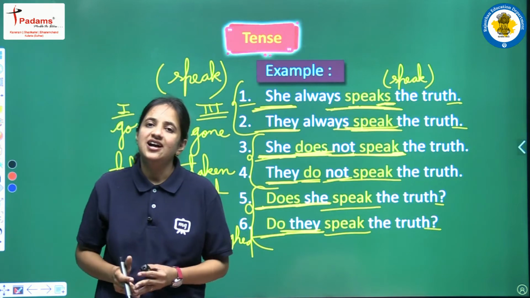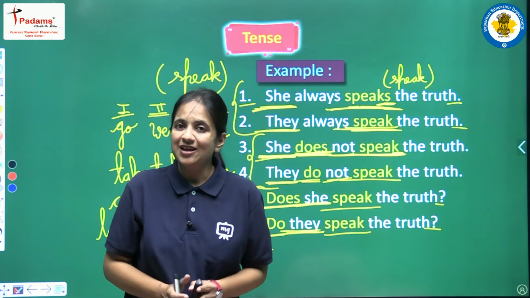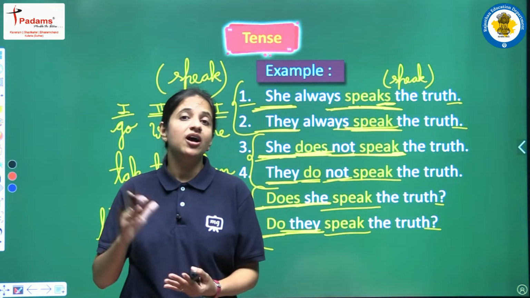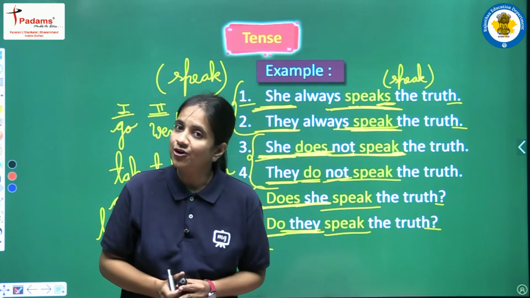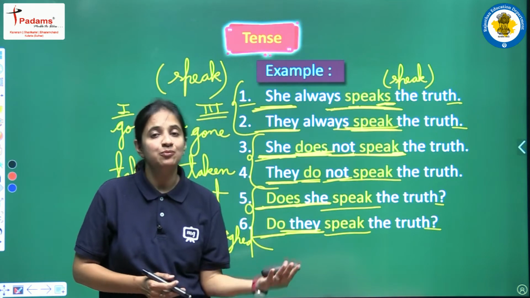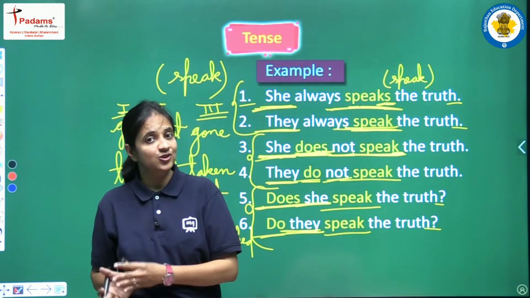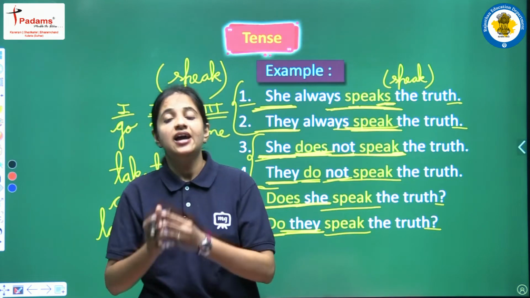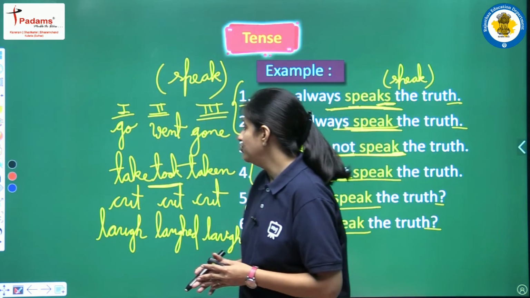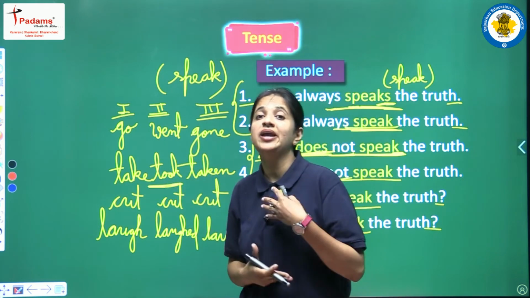Okay, so these are the basic rules of helping verb and main verb. And again I am just repeating that yes, you have to learn all these rules, because without this you won't be able to write the correct answer. You should know the rules, you should learn which helping verb comes in which tense, and which form of the main verb will come. And at the same time you have to be aware of the second form, third form, first form of all the main verbs.